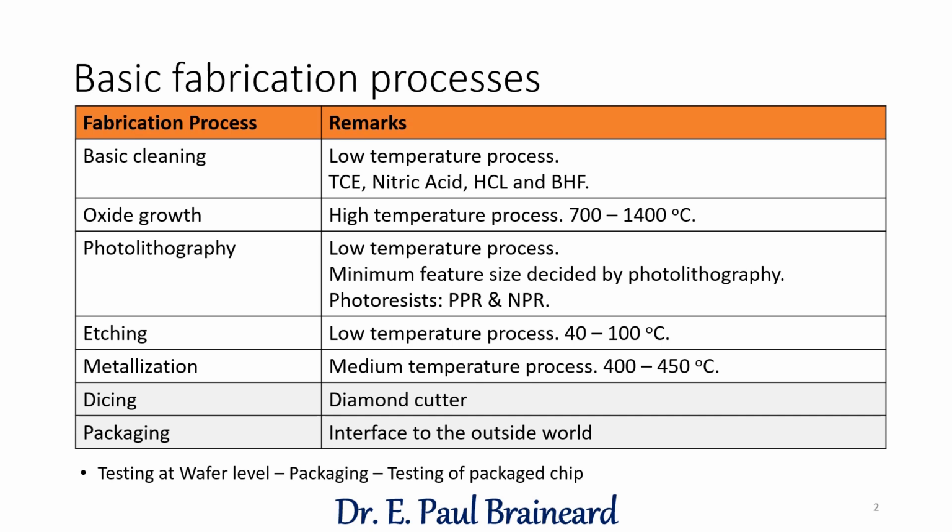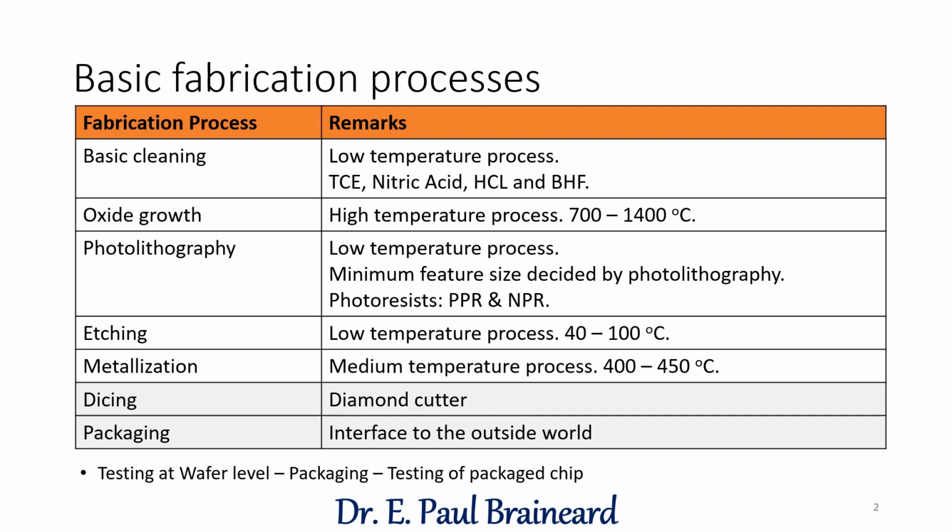The next important process is photolithography. This is basically a pattern transfer process from mask to silicon. The pattern is transferred from mask to silicon. It is similar to writing alphabets in stencil. Why I call this an important process is the minimum feature size of the device depends on this process. The equipment used is called a mask aligner, which costs around 2 to 4 crores of Indian rupees.